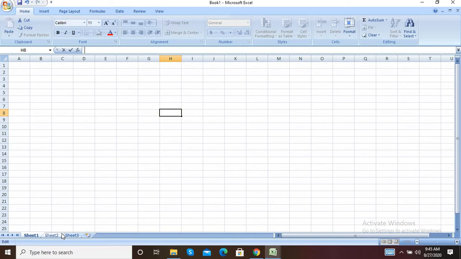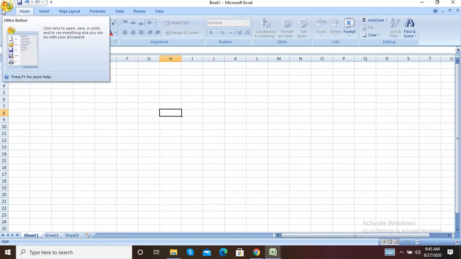Okay, now we read out the components of Microsoft Excel. There are various components of Microsoft Excel. In that, first is the file tab, means this one. The new design of Microsoft Excel includes the file tab, replacing the Microsoft Office button included in earlier MS Office versions. It gives access to backstage view where we can manage our Excel data file.